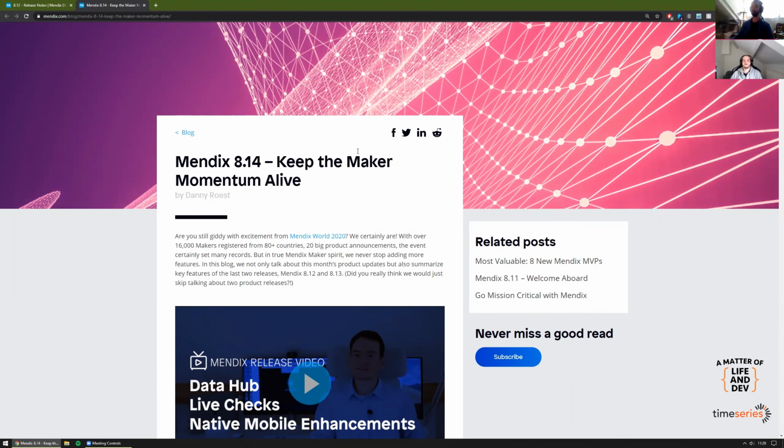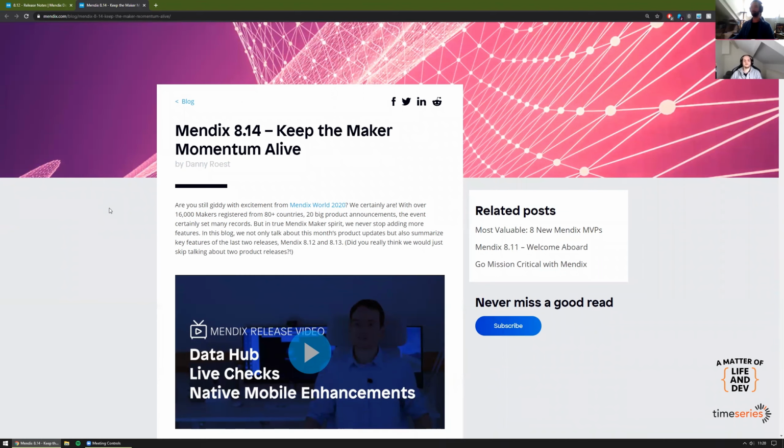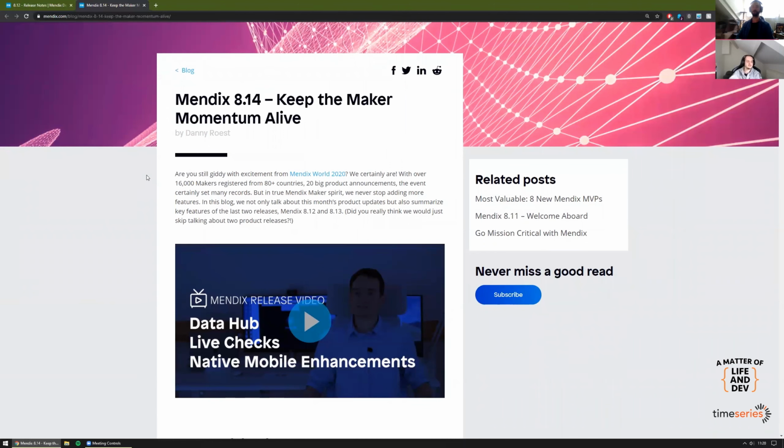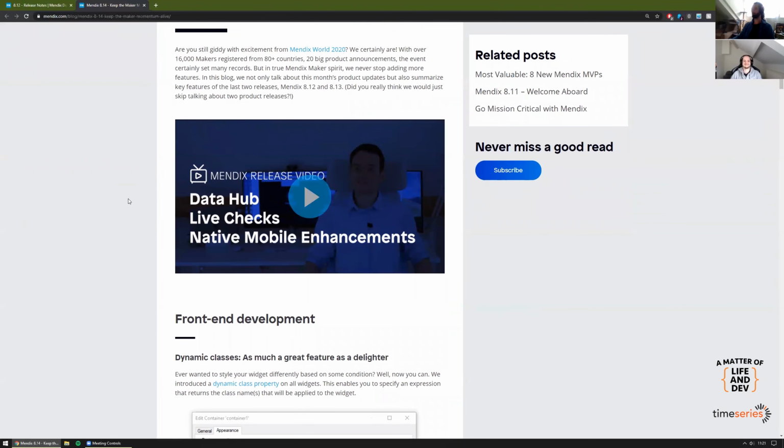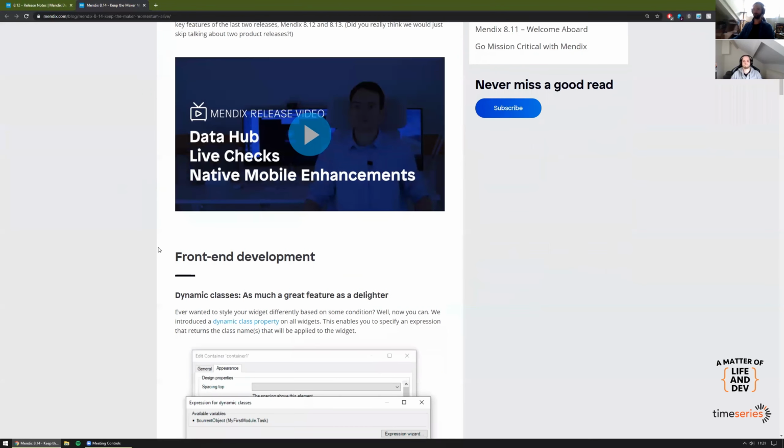Okay, Mendix 8.14. Keep the maker momentum alive. That is very true, though. Because when this version released, Mendix World had just wrapped up, I think. It feels like ages ago. Does that also mean we might see some stuff that has been presented at Mendix World in this release? I think it does. The first video on the page has a slight giveaway. Okay, true. I think we'll discuss that later, seeing as the first thing mentioned in the blog